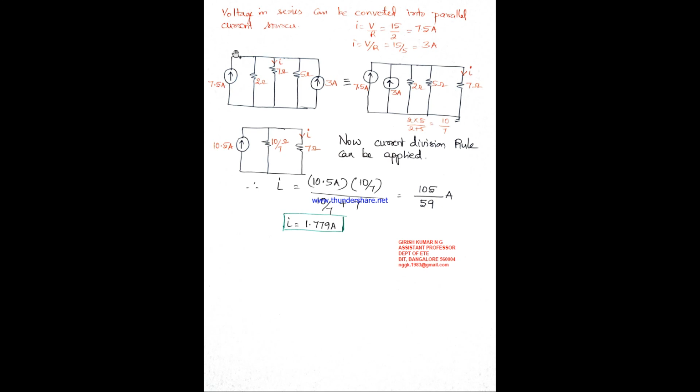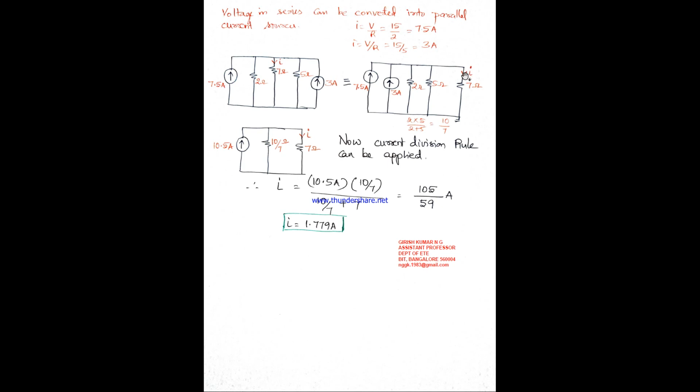Now see, all are in parallel. So can we do like what we did earlier? So say therefore 7.5 amps parallel with 3 amps. So 3 amps can come here because the voltage drop across this parallel remains constant. So 7.5 and 3 come next to each other. Then 5 I will replace here, so that 2 ohms and 5 ohms will be in parallel, and I will relocate 7 ohm at the end. So 7 ohm is here. So I need to find out what is current I.